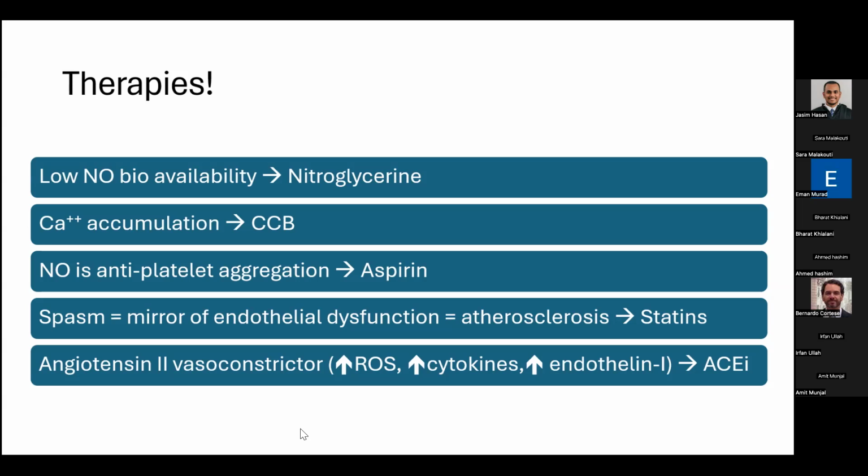Yes, nicorandil, we added it, like for this case, I think it's a good indication. We didn't add it, I don't know why. But there is a graph at the end of this slide where they discuss it, and they put it in step 2 for the treatment. Is that